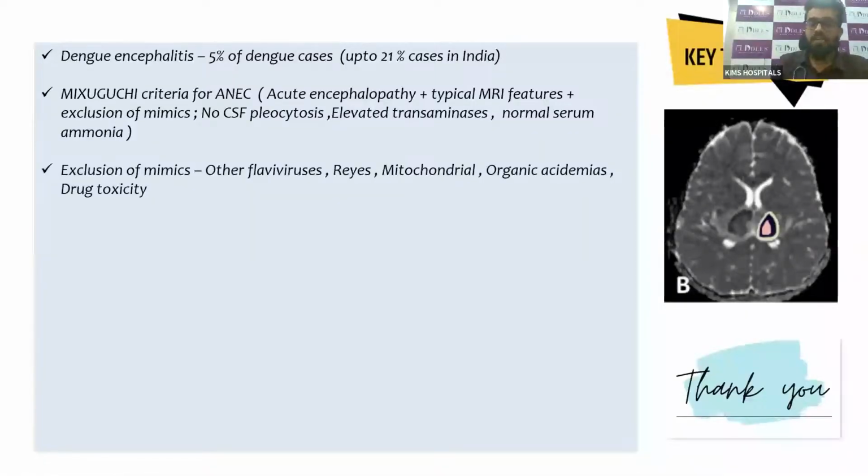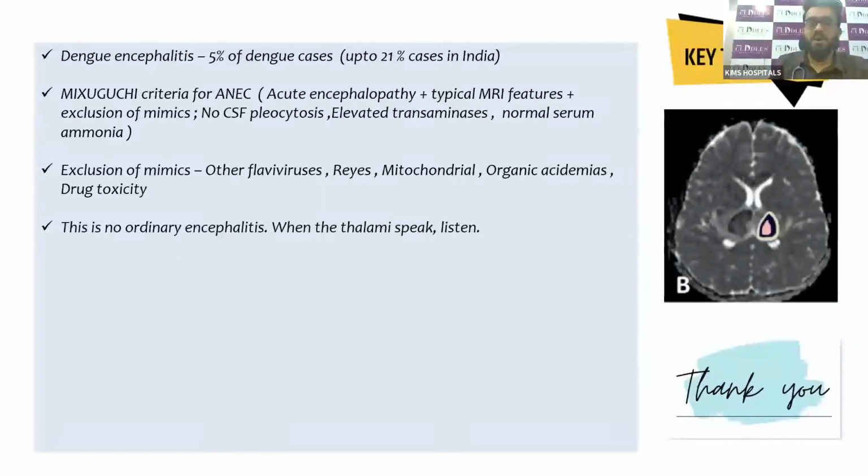I had one case wherein there was toxicity with metronidazole. The child had acute gastroenteritis followed by acute encephalopathy. It was misdiagnosed as ANE and was given Plex and high-dose methylprednisolone. But later on, it turned out to be metronidazole toxicity, because there are a few features which differentiate ANE from metronidazole toxicity. Sometimes you need to consider other mimics which can have the same neurological signature on MRI.